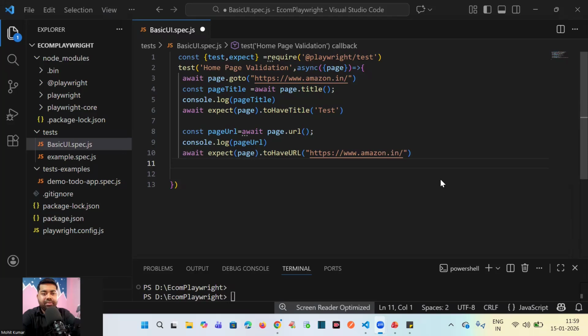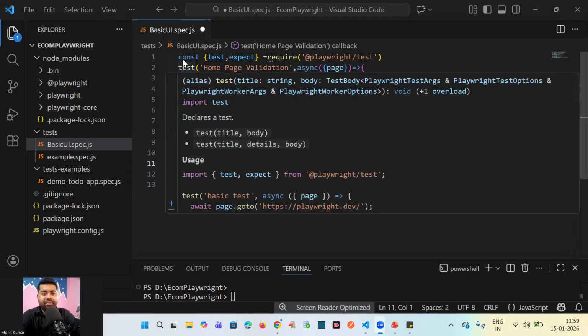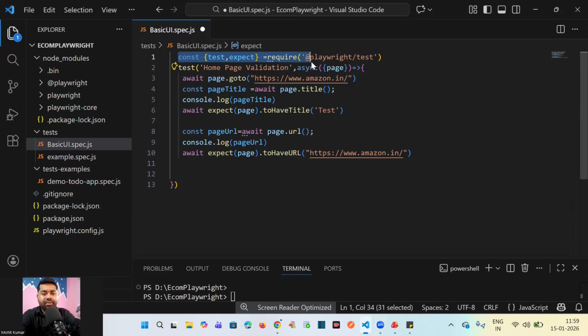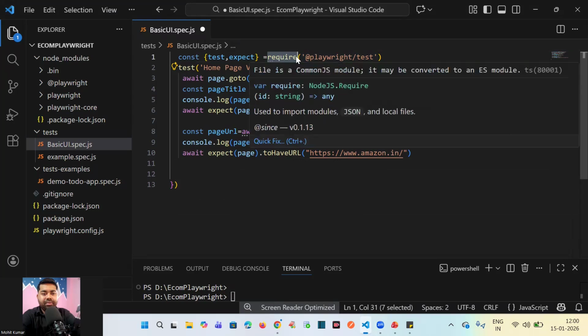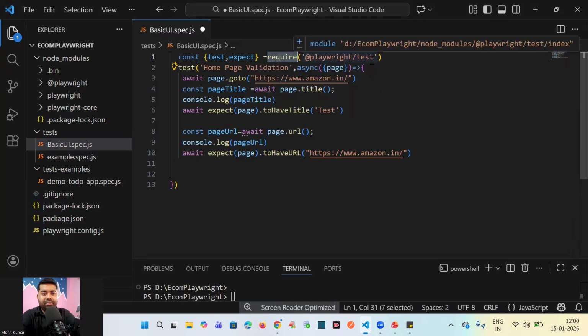Welcome back. In this video, we will explore the code we have written. In the first line of the code, we can see we have a require function. Require is a function coming from Node.js, and it defines which module we want to import. By using the require function, we have imported the Playwright test